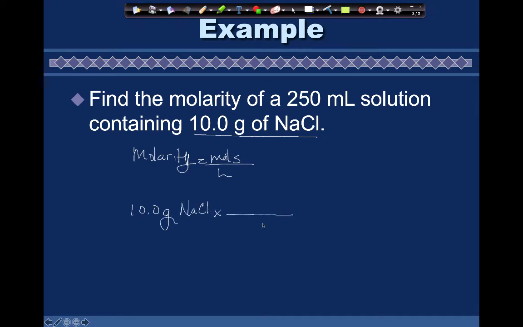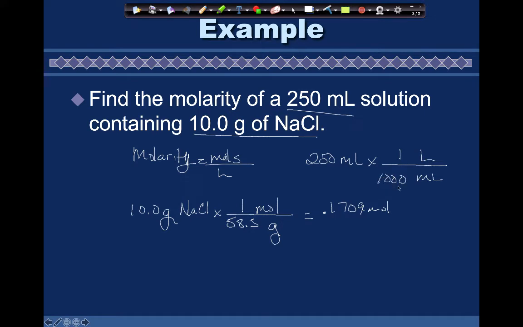Okay, well, I want to go to moles, so moles goes on top, grams on the bottom. 1 mole is equal to 58.5 grams, and that's going to be the mass of a sodium and the mass of a chlorine. So I do that, that's going to give me 0.1709 moles. Now I have moles, and I have a volume, but it's not in liters, so it has to be in liters. Well, milliliters goes on the bottom, liters on the top. 1 liter is equal to 1,000 milliliters, so that gives me